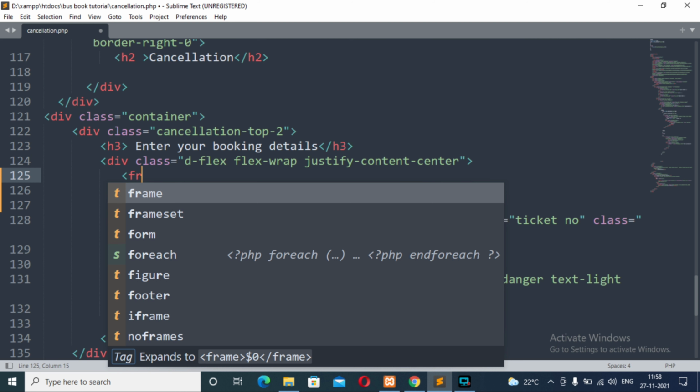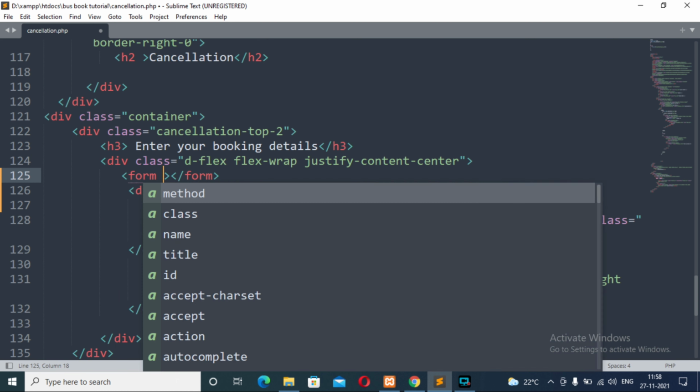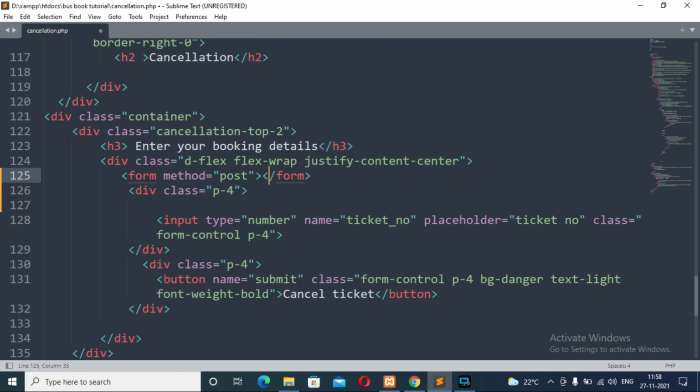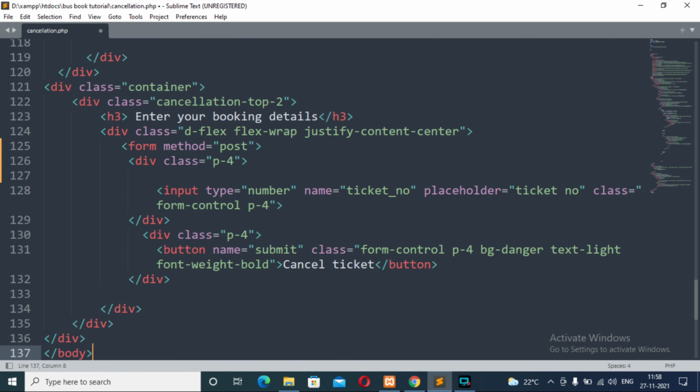Here there will be a form tag with the method attribute having the value post, and this form tag will be closed at the end of the div tag, that is on line number 133. Okay, now for the input type number, there is already a name attribute here with the value ticket number.